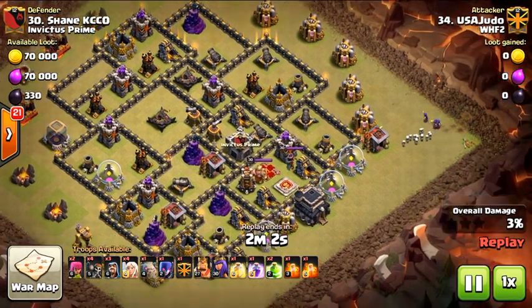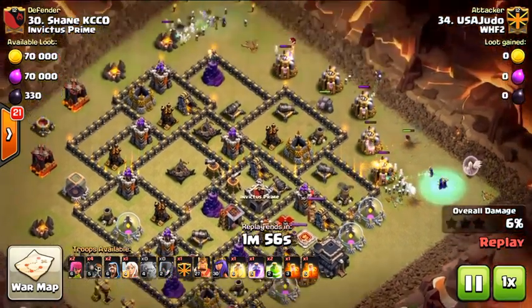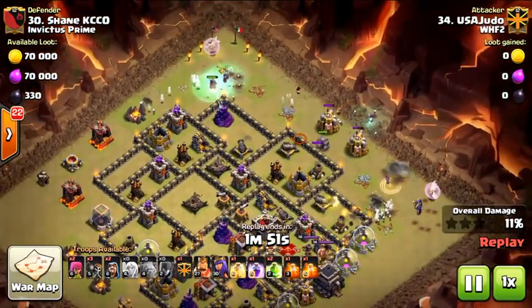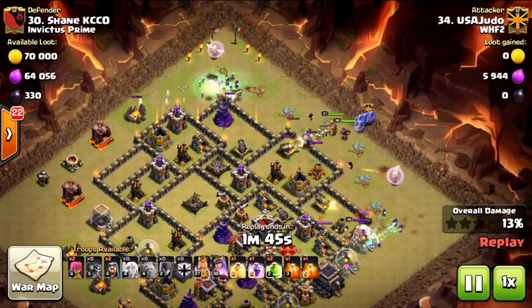There we go with those witches coming in at 3 o'clock, but we haven't dropped any healers yet. Don't know why we haven't dropped any healers yet. There we go. There's the healers. And then we've got the other witches coming in at the noon. There we go with the wall breakers coming in to get those golems, king, queen, bowlers all the way through